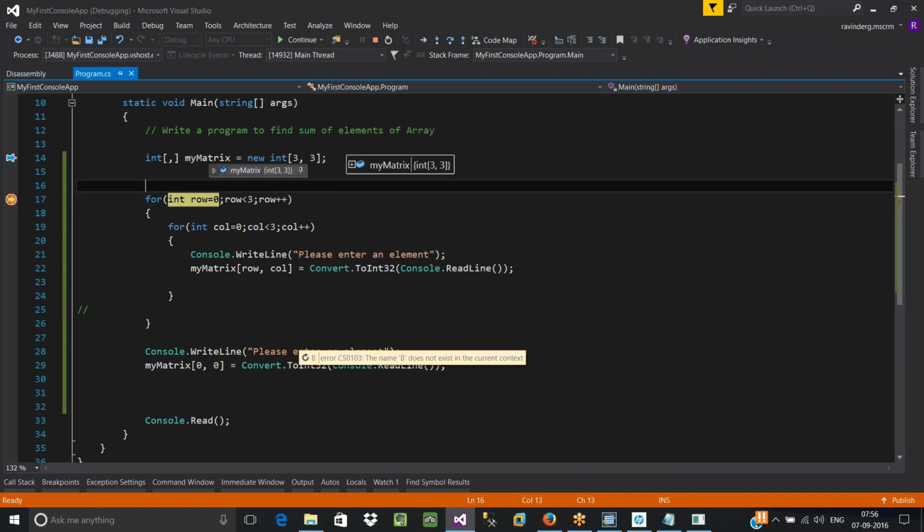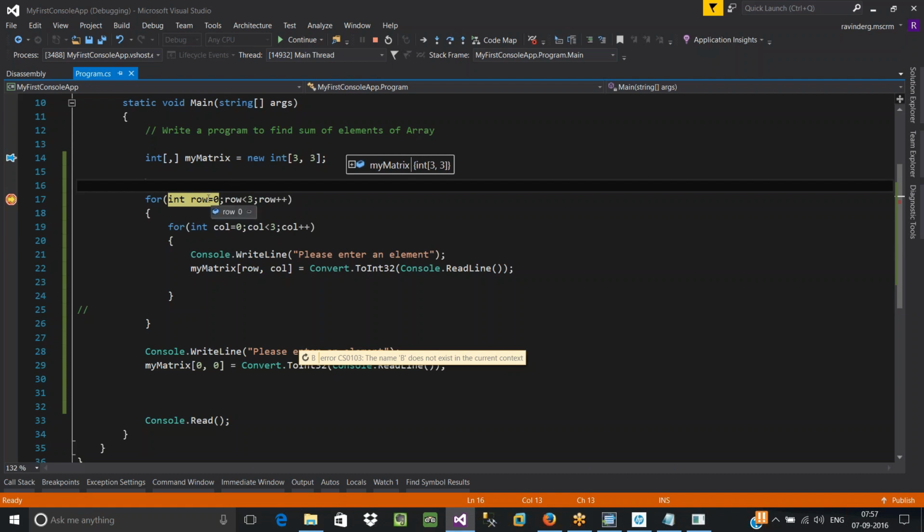When you say int my matrix is equal to new int of 3 comma 3, what it will do is create a common location with the name my matrix, and inside that common location, these many sub locations will be created. If you go to my matrix, here you can see 9 different locations. The first one is available at 0 comma 0, 0 comma 1, 0 comma 2, 1 comma 0, 1 comma 1, 1 comma 2, 2 comma 0, 2 comma 1, 2 comma 2. These are the addresses of all your locations. But as of now, the collection is empty. We haven't placed any element into your collection. So now we are going to read and place those elements into your collection.